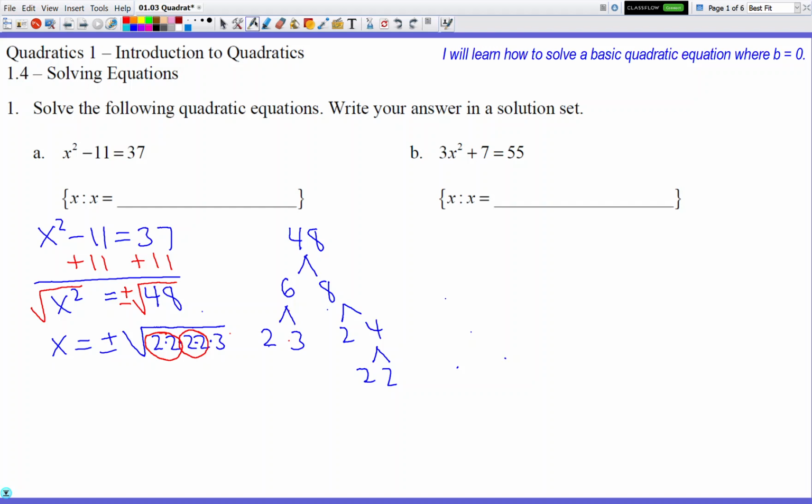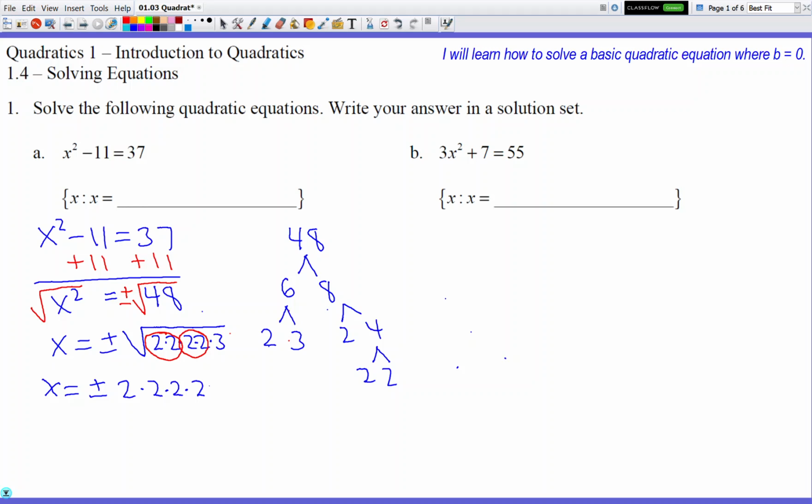Okay, so how many 2's go outside? So here's the part that kids always mess up when they start making careless mistakes. They put too many 2's on the outside of the square root symbol. So I'm going to actually write this wrong on purpose. So don't write this on your paper just yet, because I'm going to write it wrong on purpose. They do this. Because they're thinking that, oh yeah, I circled 2 2's, so I'm going to put 2 2's on the outside. Okay, but the square root is gonna